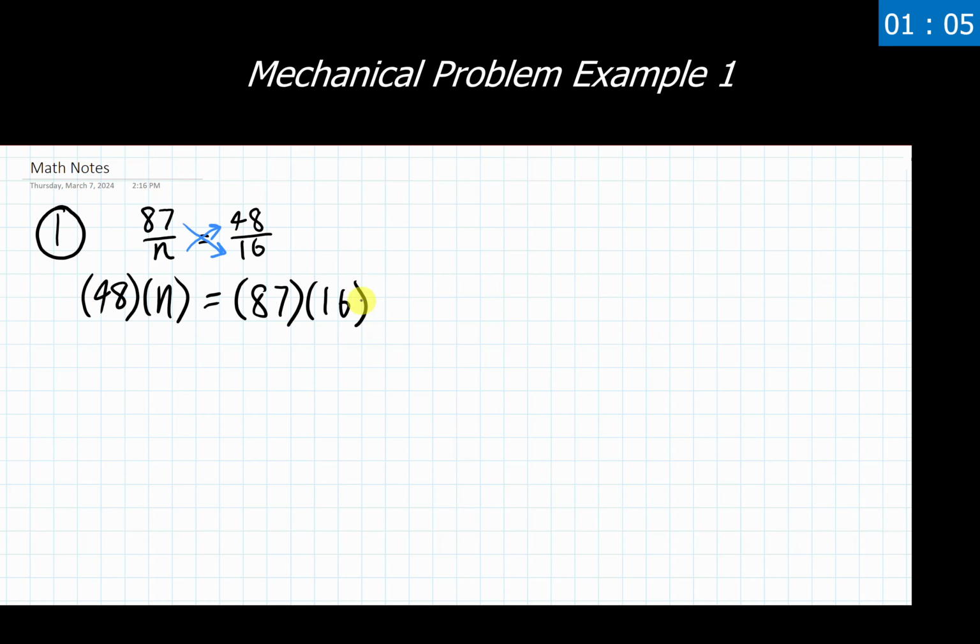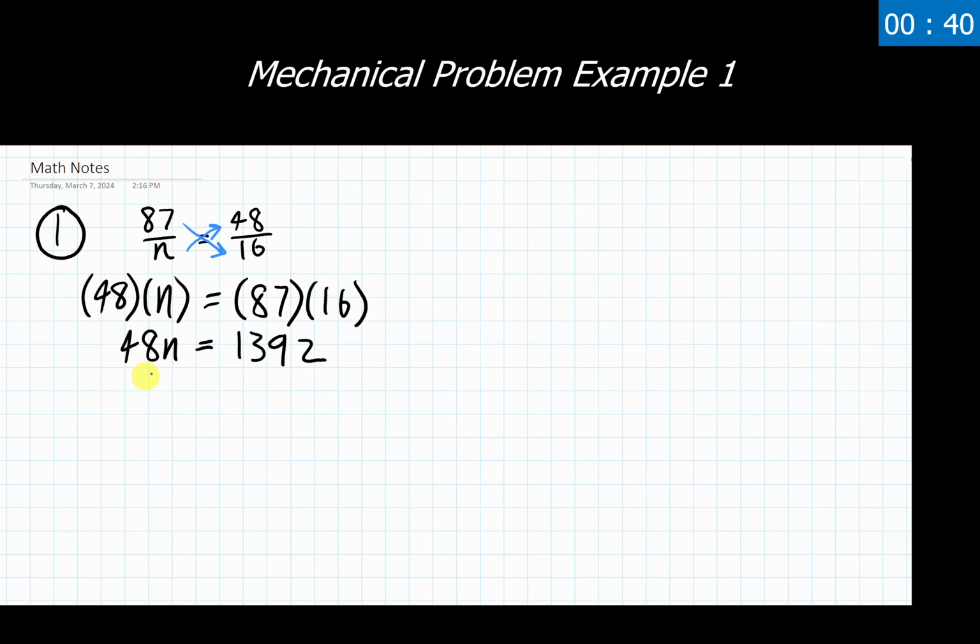We're going to see problems get more complicated than this, so I think it's good to get in the habit of writing things out for ourselves first, and then we calculate later. Now, 87 times 16, I am calculating this with a calculator off screen. That's going to give us 1,392. Perfect.